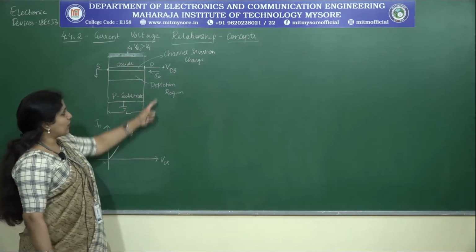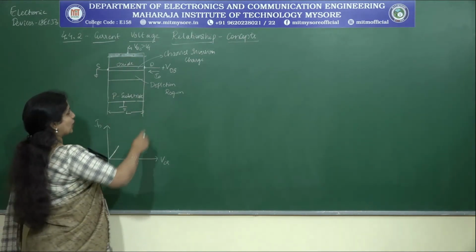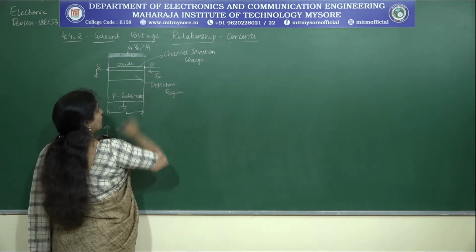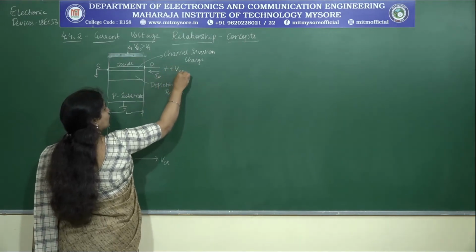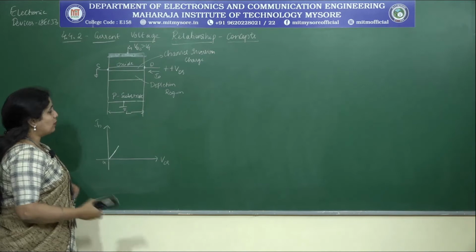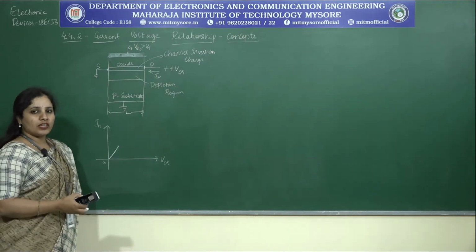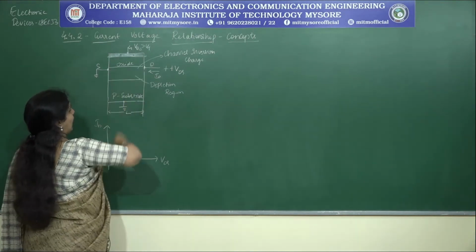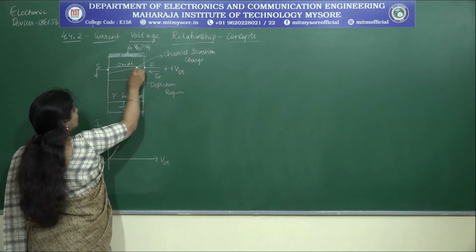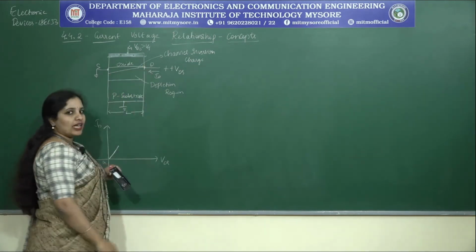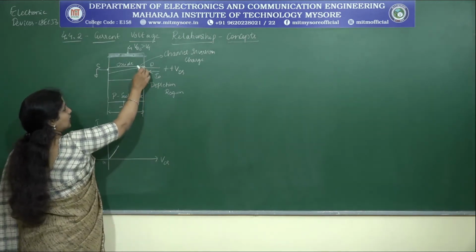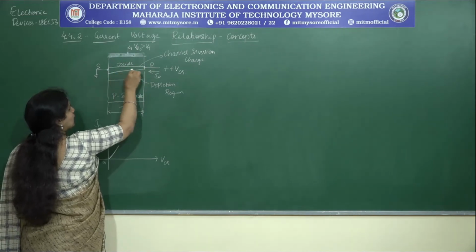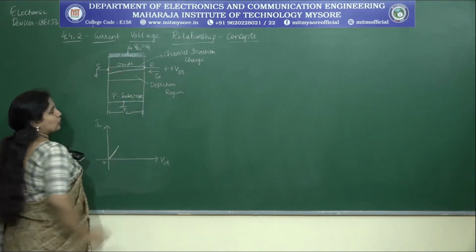Let me consider the same figure in order to depict that as well. I am trying to increase my VDS. How will I indicate the increase in the VDS? Let me write two plus signs, which indicates I am increasing my VDS to be more positive. When I do that, the channel inversion layer that we have is no longer uniform throughout the length. Instead, you can see that it is getting narrowed down near the drain terminal when compared to that of the source.